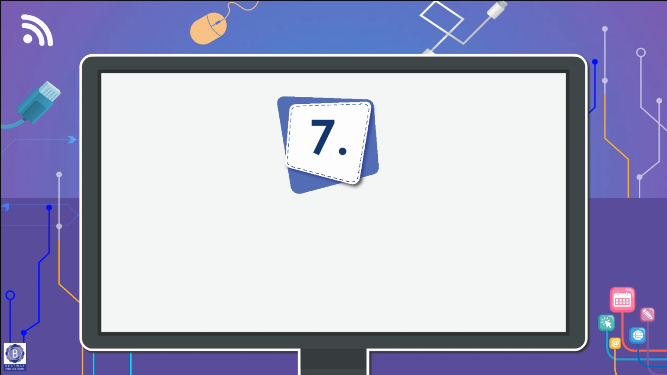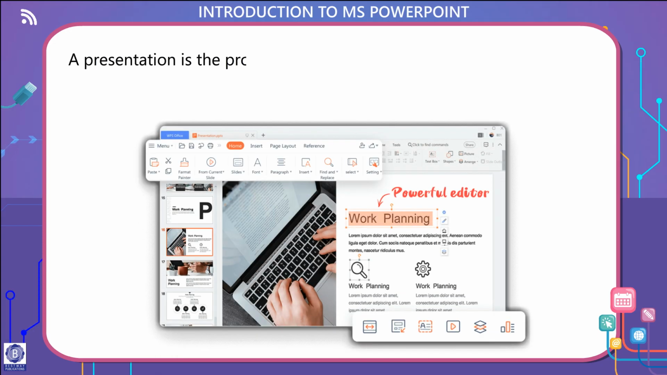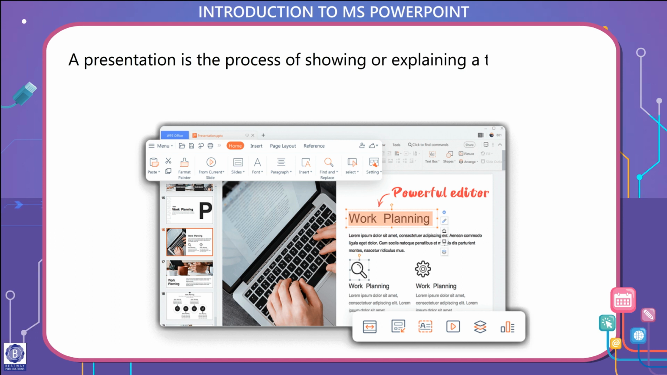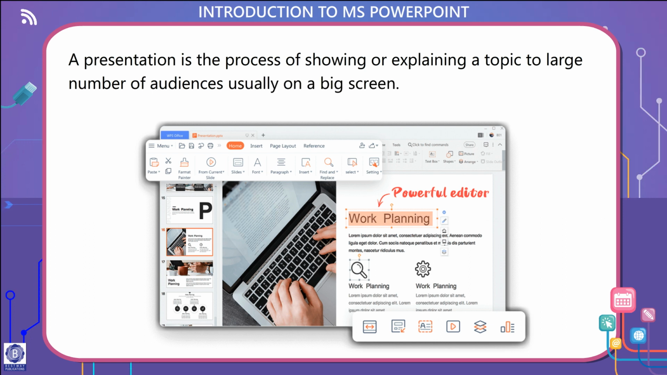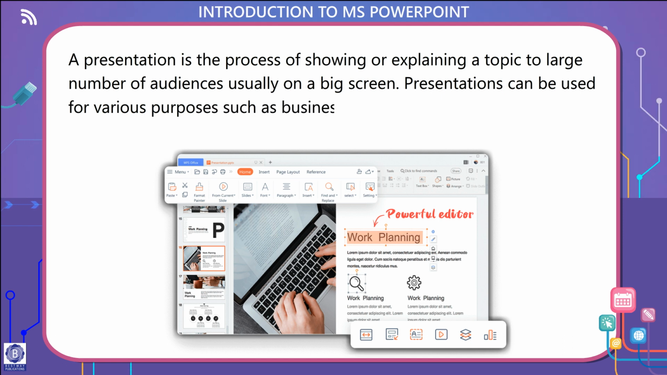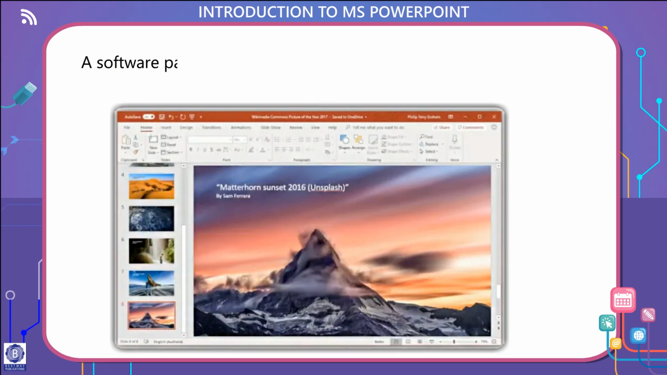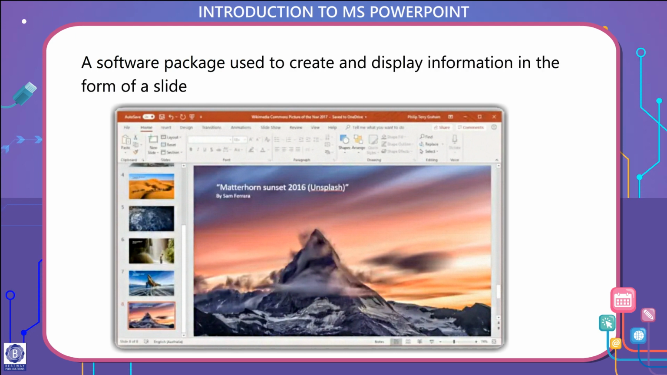Lesson 7: Introduction to MS PowerPoint. A presentation is the process of showing or explaining a topic to a large number of audiences, usually on a big screen. Presentations can be used for various purposes such as business meetings, seminars, projects, training programs, teaching in schools, and so on. A software package used to create and display information in the form of a slideshow is called